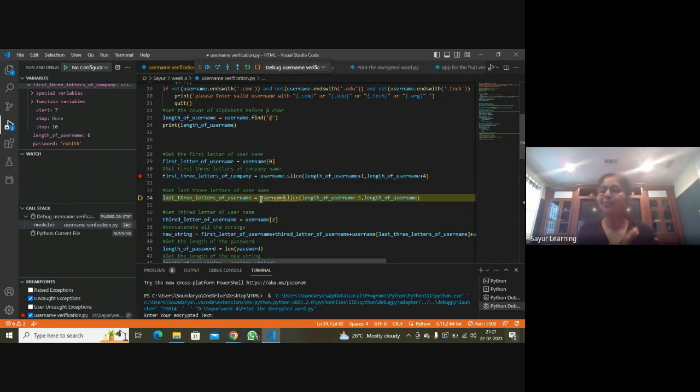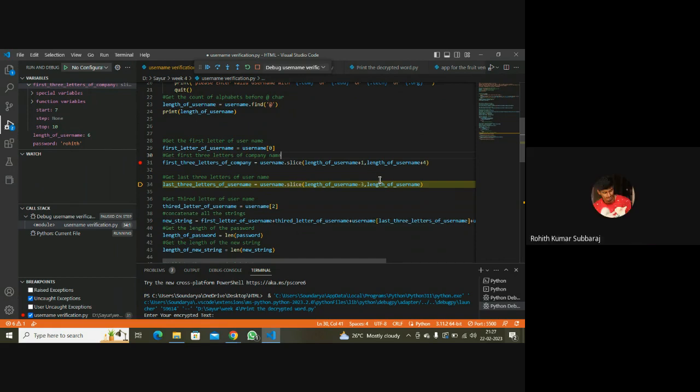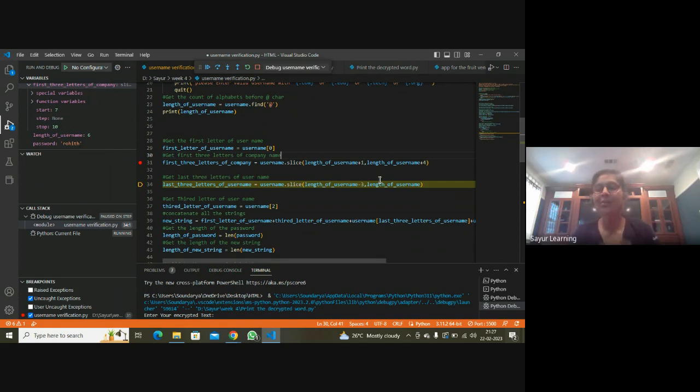So in this case, you have to say, what are you going to slice it on? All these things come with practice. So that is the reason we are giving homework after homework after homework. We spent 2 hours on this program and we are not even halfway through, right? Why? We are not learning how to solve this problem. We are learning how to solve any problem. Yes, ma'am. So that is the key. That is what you need to understand while doing these programs.